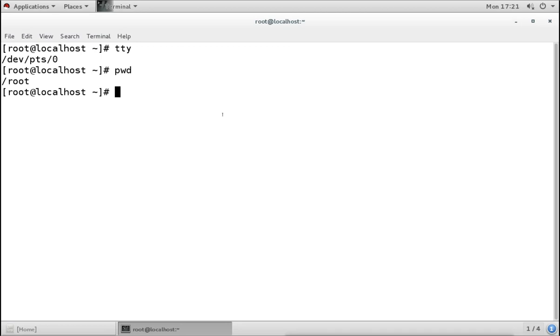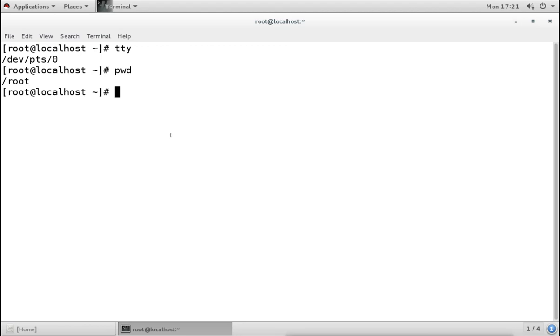Now I zoomed in so that we can see easily. Now these are the commands we have seen. Now the first command we will see is to list the content of a directory. This is also important, like what you want to know is what is inside some directory.